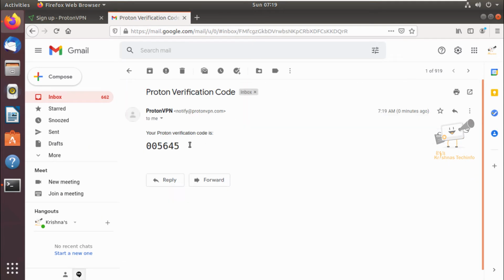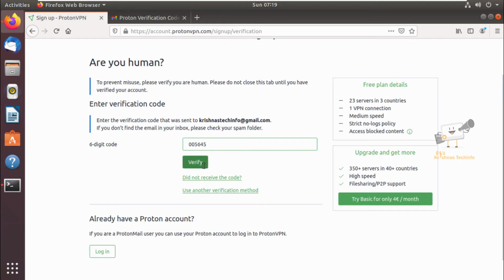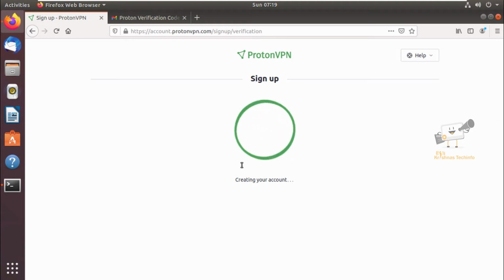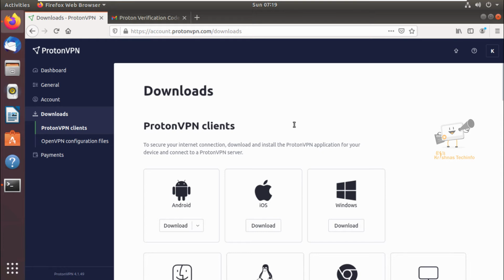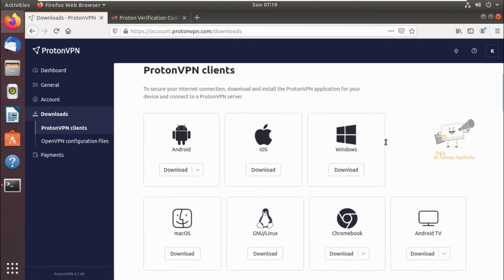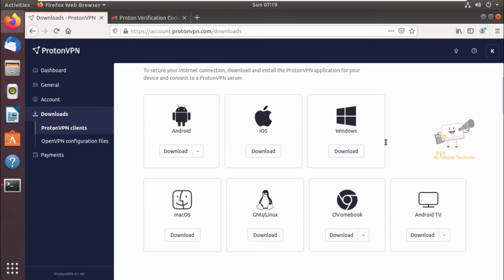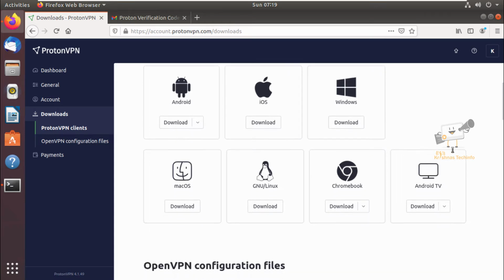Enter this verification code and click verify. Now you can see the Proton VPN client download links. Proton VPN is available for Android, iOS, Windows, Mac OS, Linux, Chromebook, and Android TV.